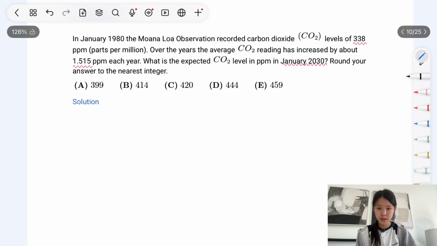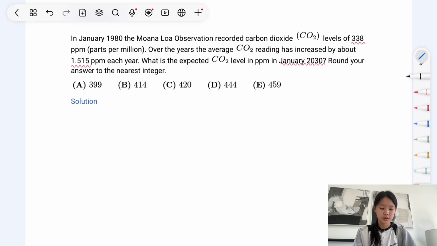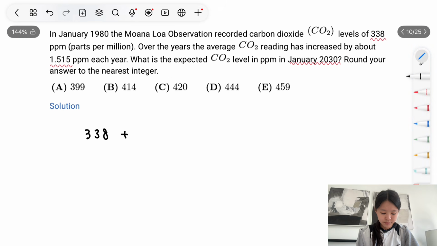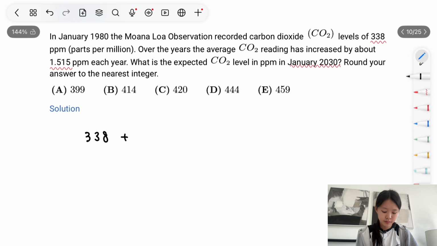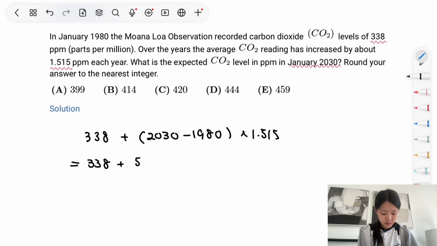So this is basically just an addition problem. It's like a word problem where you just have to convert it into an addition equation. So we start at 338. And then between 1980 and 2030, so 2030 minus 1980 times 1.515, which is the increase per year. And that gets us 338 plus 50 times